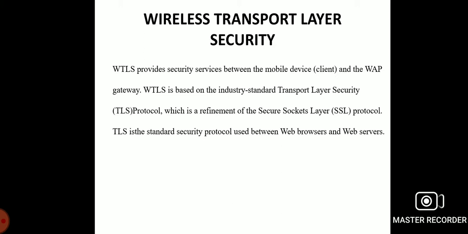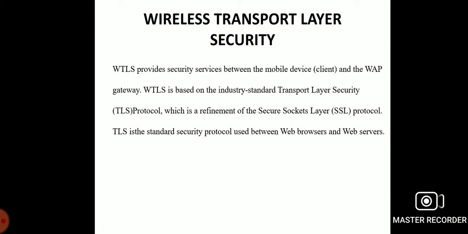The transport layer security is based on the industry standard transport layer security protocol. It is a refinement of the secure socket layer, that is SSL protocols. The transport layer security is a standard security protocol used between the web browser and the web servers.